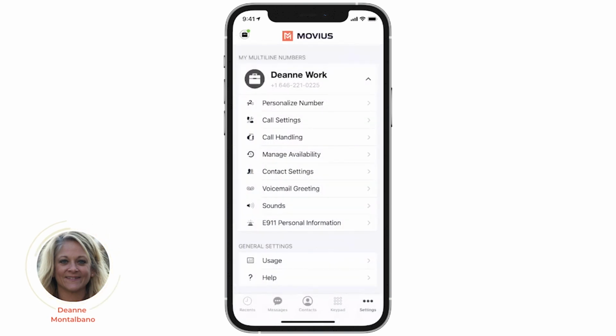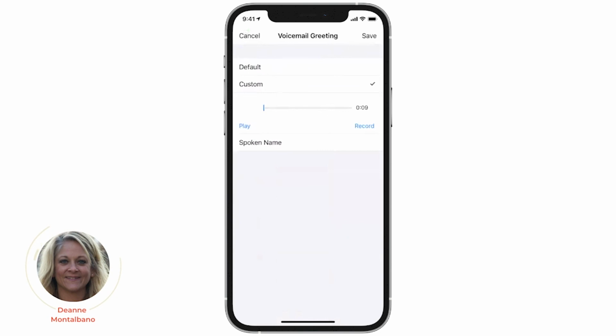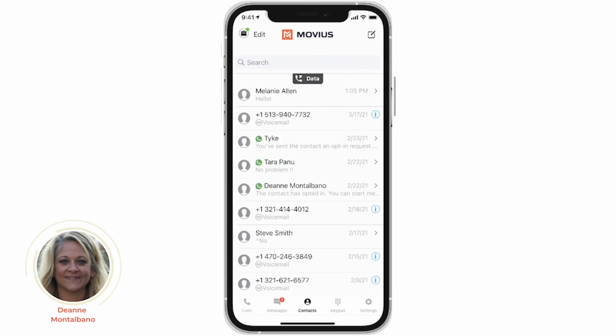Okay. Voicemail greeting, very similar to the native application. You have just a default. You can record a custom greeting. Obviously, this is a little more professional than my normal native voicemail. So again, just a distinguishing factor between using your native phone call application or the MultiLine for Intune. One of the other great features is that we offer the click to call